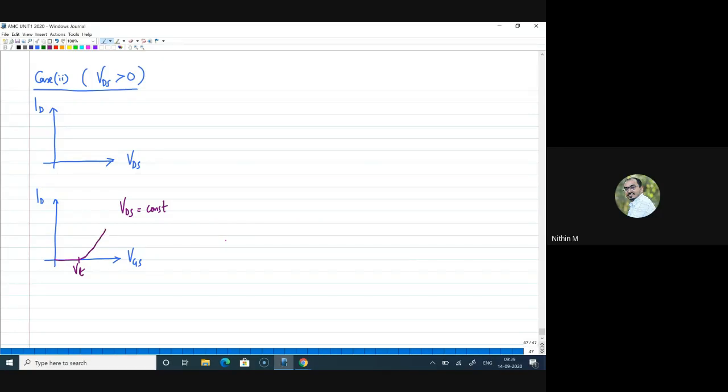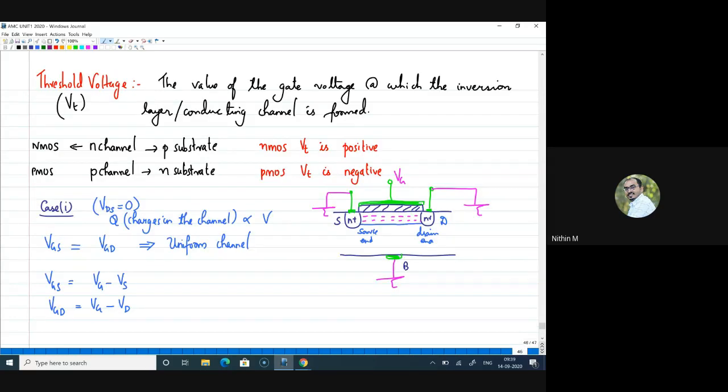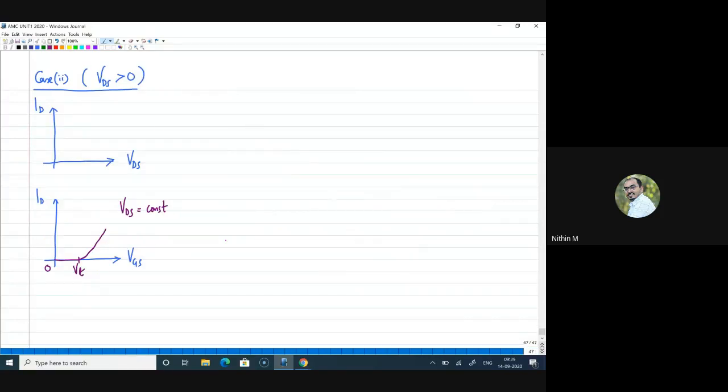So now VDS is constant, right? The graph shows that VDS is constant. That means you have applied a positive VDS, but your VGS was 0 here. That means there is no channel. So whenever a channel is formed, current will start flowing. As you increase VGS, that current will also increase. That should be very clear. Why? Because as I keep increasing my VGS, my conducting channel will be stronger and deeper, and that can accommodate a larger current. We'll come back to this again.